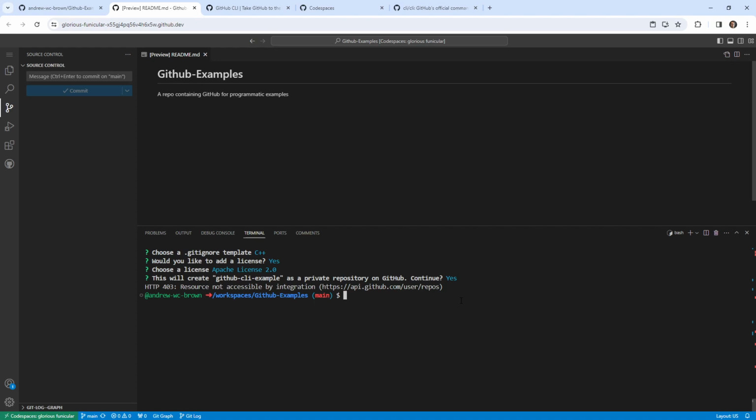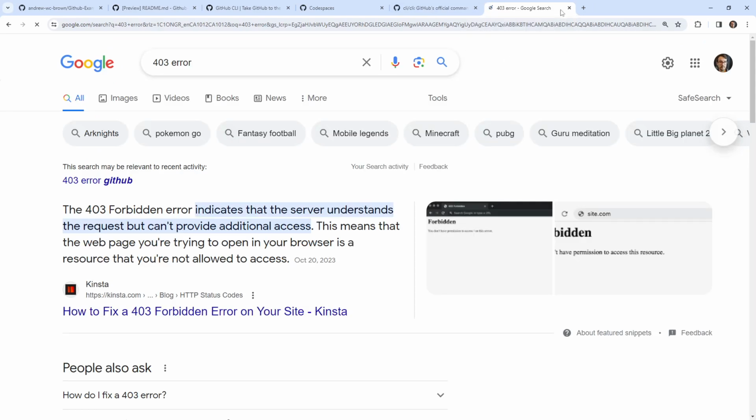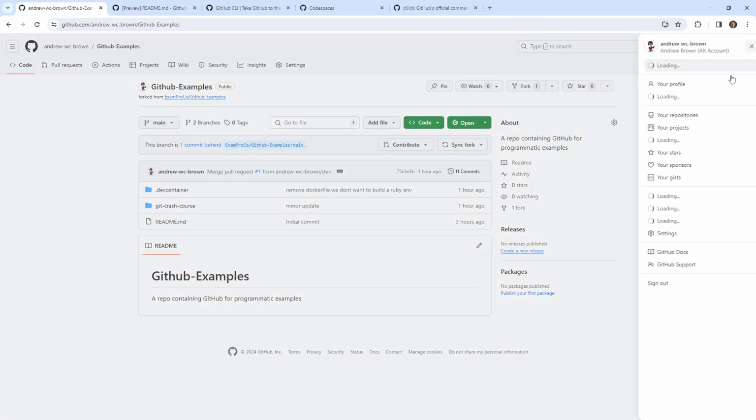So I'm not 100% sure as to why we're getting that. It could be a permissions issue because everything is based on that token, right? And so maybe we have a personal access token that allows us to read but not write. And we got a 403, right? So 403 error is for forbidden, meaning we don't have access to do it. So what I'm thinking is that we can probably create our own personal access token and try to get around